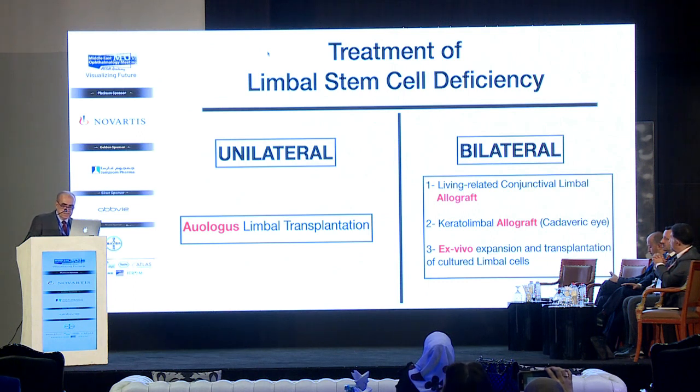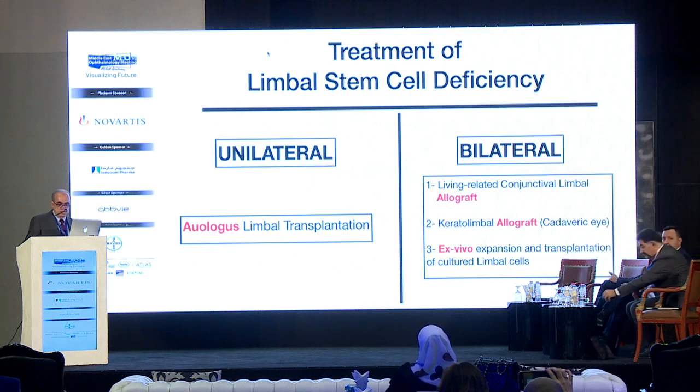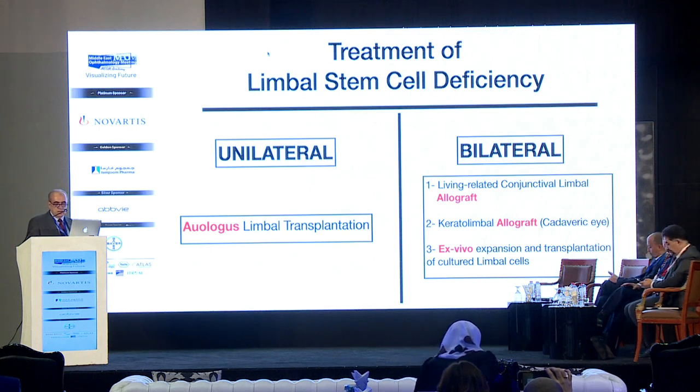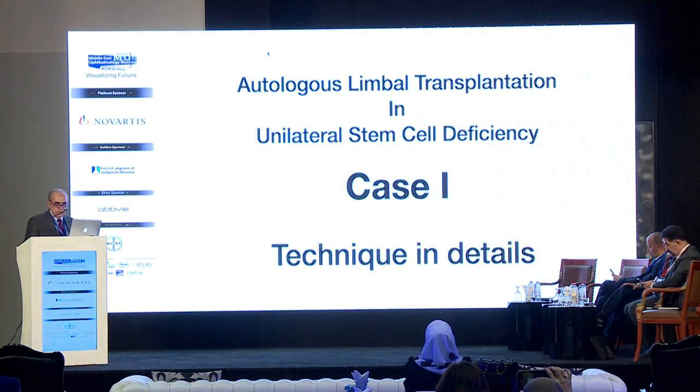But in bilateral cases, the condition is so bad and complicated, we don't have another normal eye. We have few options: whether to do living-related conjunctival limbal allograft from a relative, or to do a keratolimbal allograft from a cadaveric eye, or to do the ex vivo expansion and transplantation of cultured limbal cells. My talk will be concentrated on managing unilateral cases by autologous limbal transplantation, and I will make a focus on